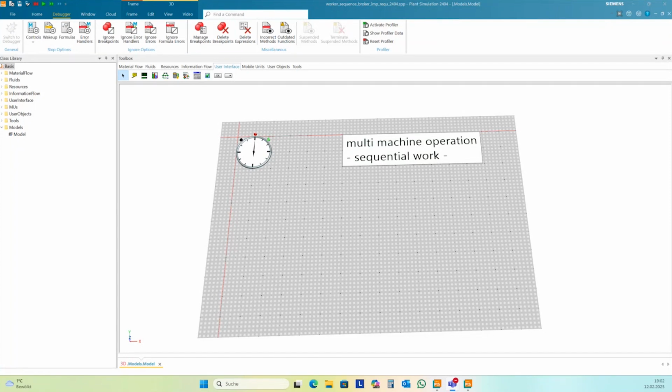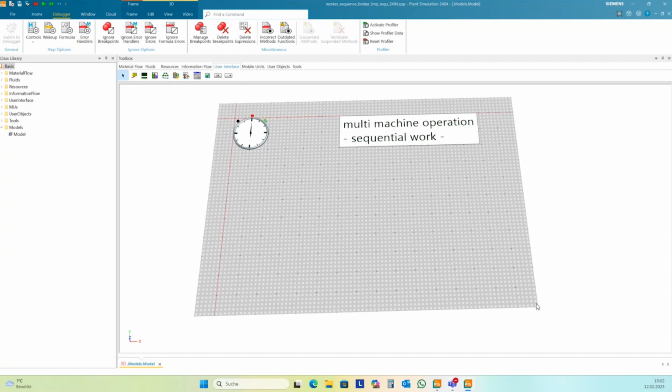Our topic today is about the worker and another way to organize or control the worker if he has to do sequential work. Today we make as one example a multi-machine operation where the worker has to load and unload several stations with parts that have different work plans.